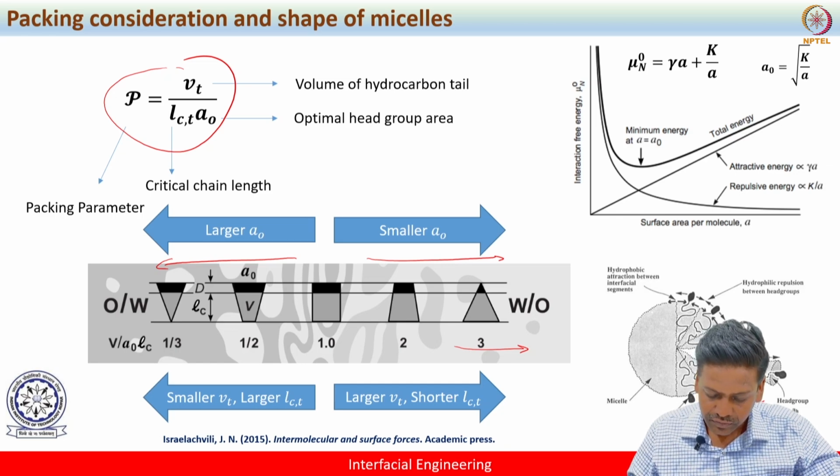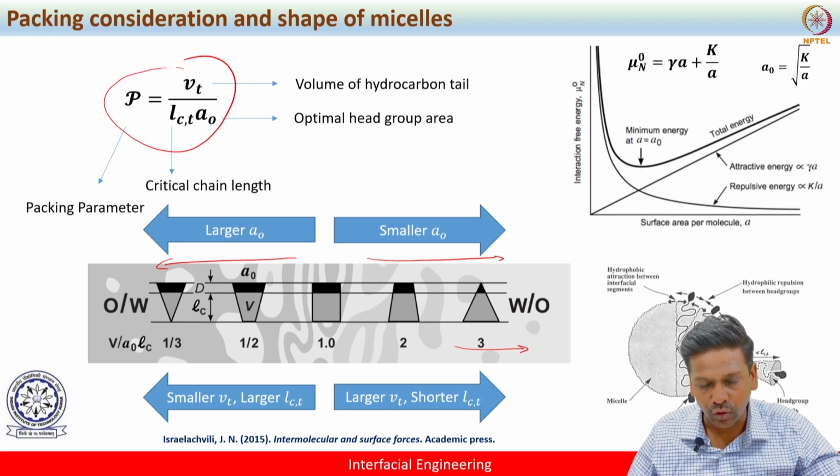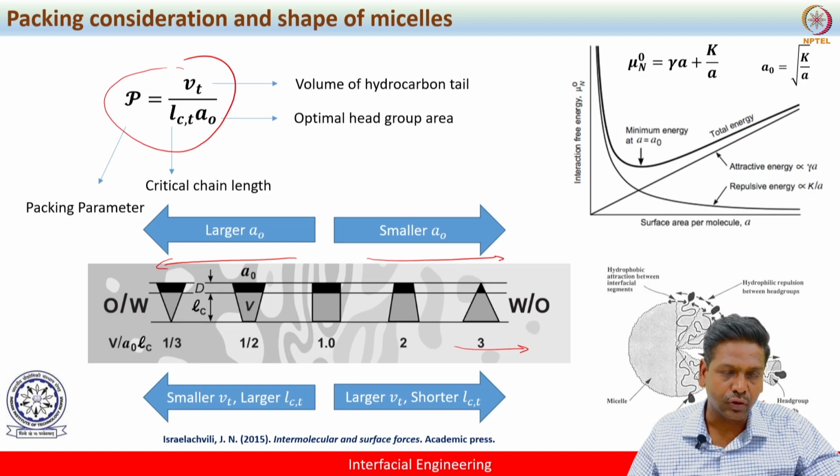So what decides the surfactant to choose the optimal head group area? That is based on the minimal energy configuration. For example, the head group of a surfactant usually contains some functional groups, like carboxylic acid group, amino group, right? So when the head groups come very close to each other, there will be a repulsion. Whereas the tail group contributes to the hydrophobic interaction, and when tail groups come closer, there will be hydrophobic attraction between the two.